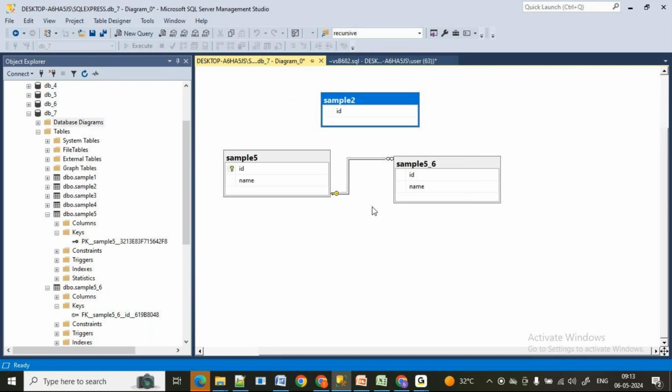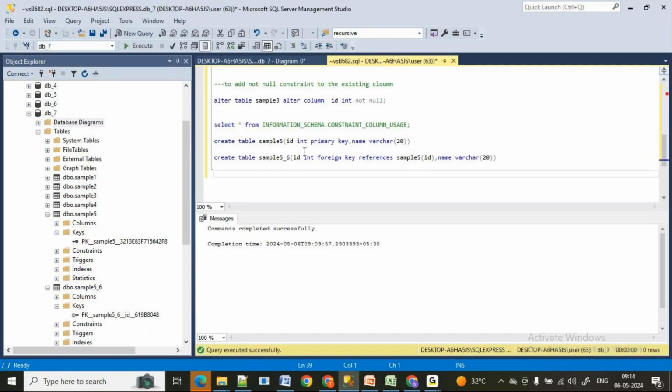We have a very beautiful concept called joins. By using joins, we can combine the tables. We can establish some connection and we can get the data. No worries in that. Now we just saw how to create a table. What if I want to alter the table? What if I want to add a constraint, add a primary key constraint?